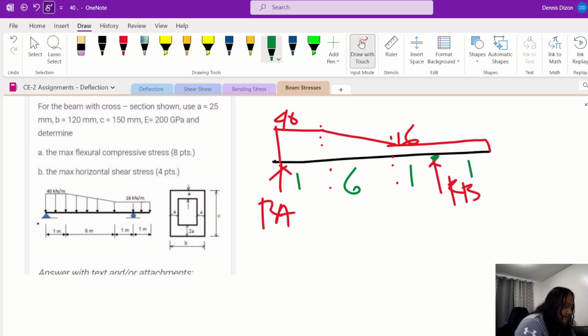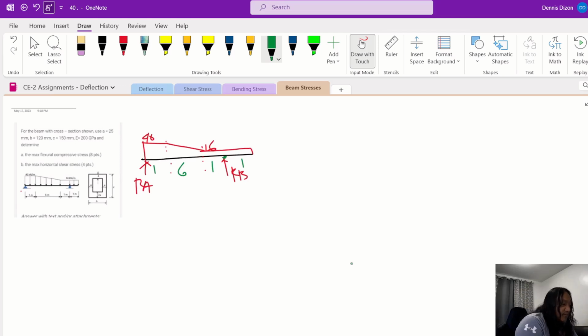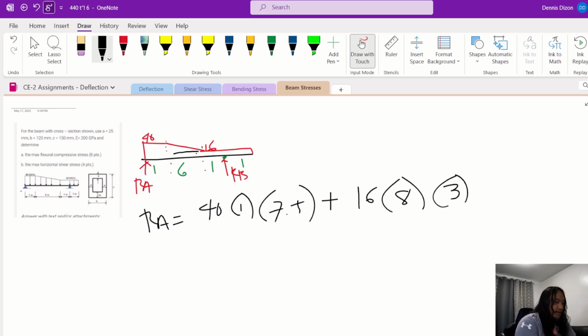So summation of moments at B, therefore RA is equal to 40 times 1, then 0.5, this is 7.5, and then plus, if we project this line, that is 16 times 6 plus 1, this is 8, times the moment arm, which is 4, and then minus 1, so this is times 3,